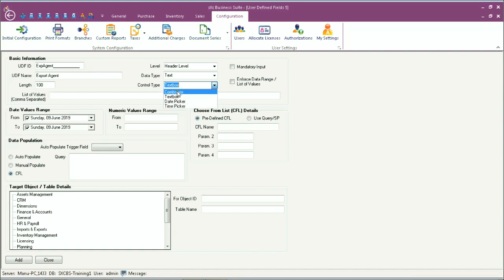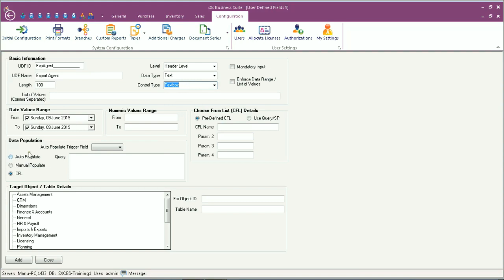We can also use a combo drop down just like this if we are specifying a list of values out of which the user can choose. But right now we are interested in a text box, simple text box where we can type the name of the agent. So we'll choose text box,